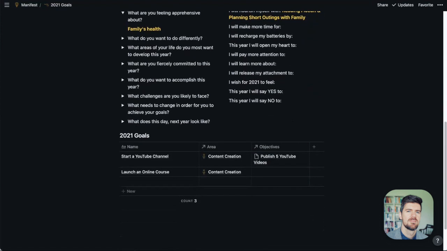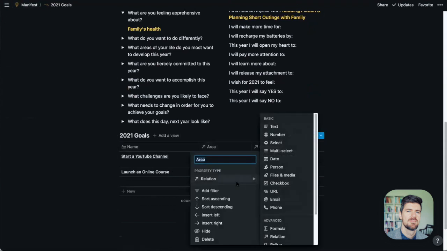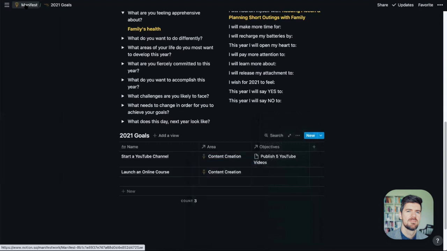And the goals page ends with this main database, which has an opportunity for you to specify a goal and start to tie it to a specific area and specific objectives. If we get into here, these are all using relations to every other area in the workspace.